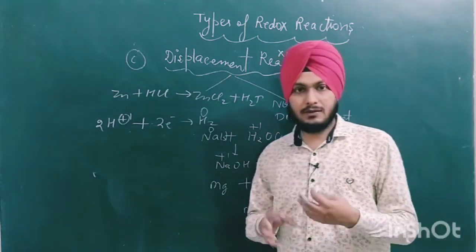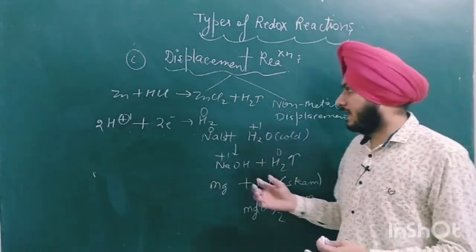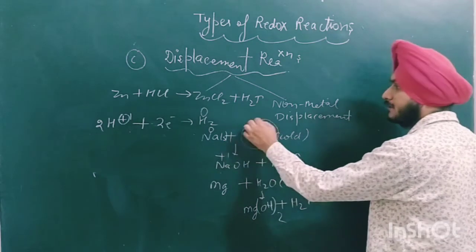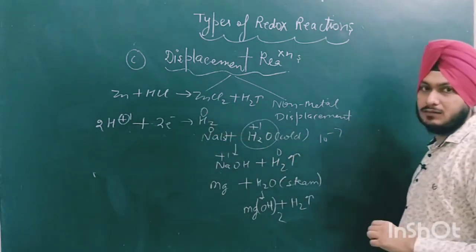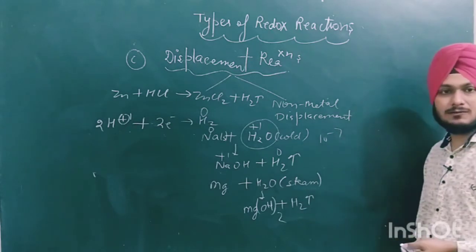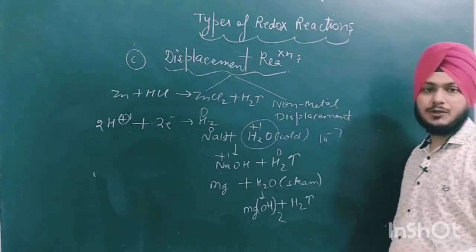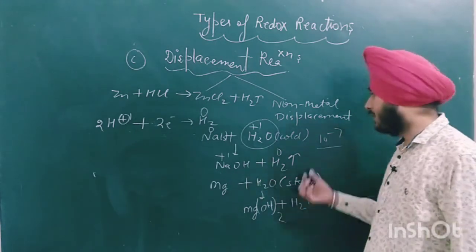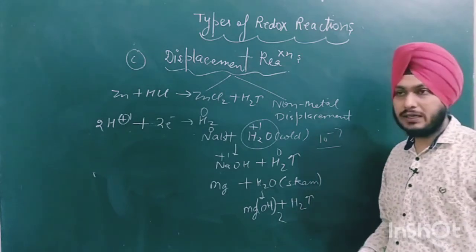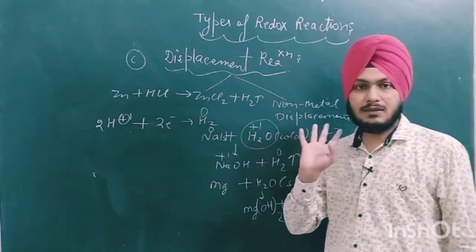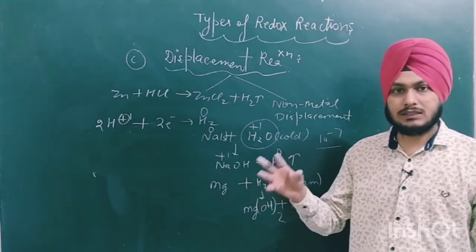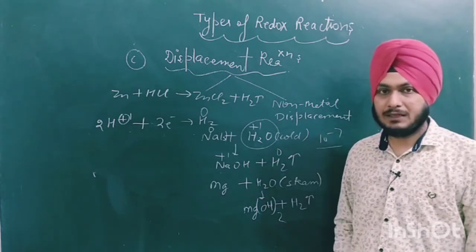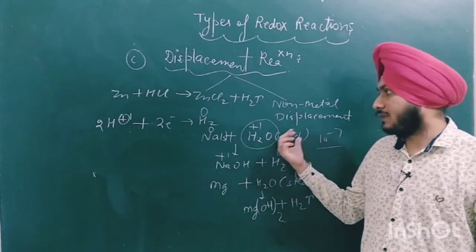If the availability of H+ ions is more, then we can easily convert this H+ into H2. Now in water this H+ ion concentration is about 10 to the power minus 7. Kw is 10 to the power minus 14. Water is neutral, so the concentration of H+ is equal to OH-, which is 10 to the power minus 7, which is quite less. So a highly reactive metal is able to convert the small amount of H+ to H2, but a less reactive metal cannot easily convert this H+ into H2 gas.